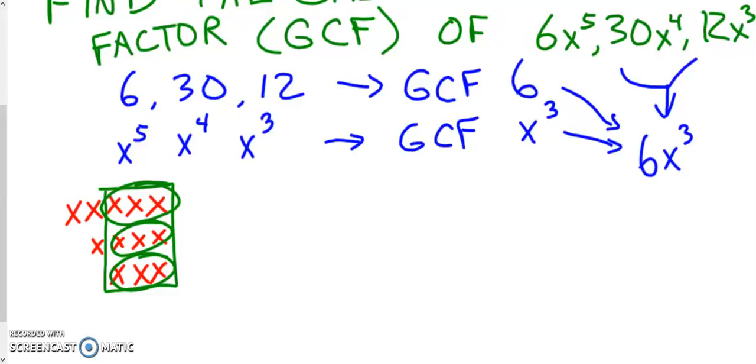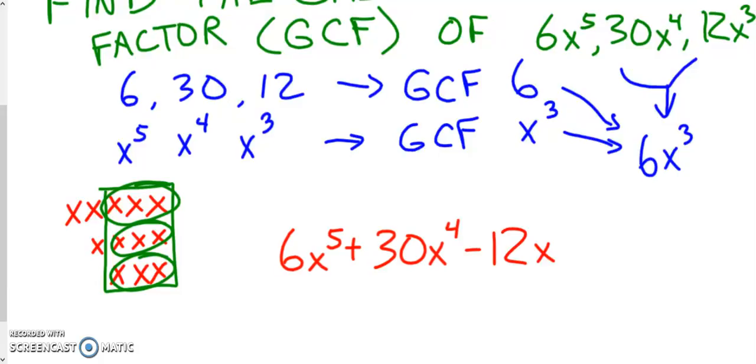And basically, the reason I had you do it like that is so that you could understand that if I have an expression like 6x to the 5th plus 30x to the 4th minus 12x cubed, I can factor out the common factor, and this would turn into 6x cubed, and then I would need to figure out what's left over. Now, when I factor out something like this, factoring is basically like division. It's like distribution in reverse. So basically, I can look at, say, okay,